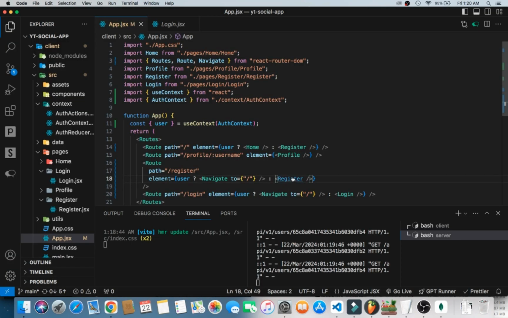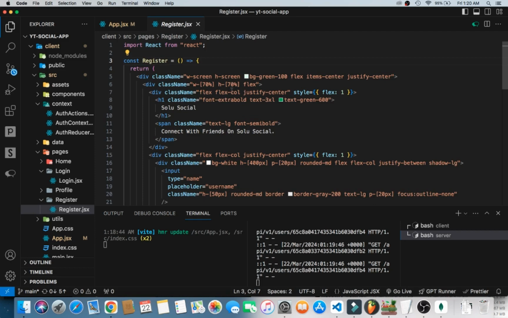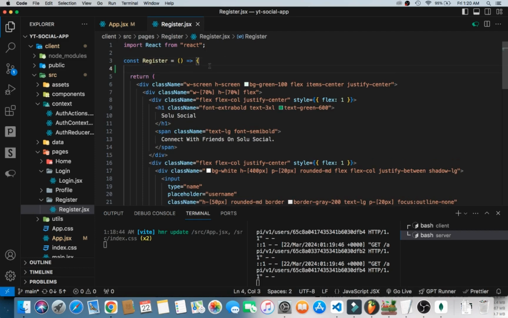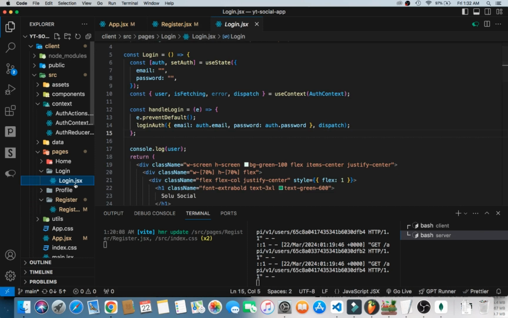Okay, so now that we have that working, we are going to move on to the next thing. That is, we are going to work on the register functionality. Alright, let's quickly do that. So let's quickly set up the functionality for register, right? So in order for us to be able to do that, we can quickly go into the login side,